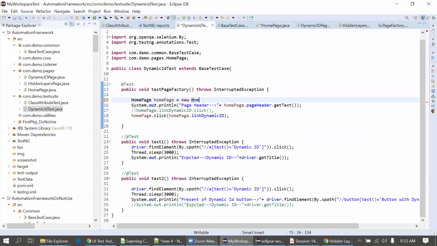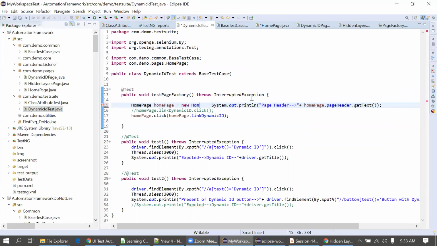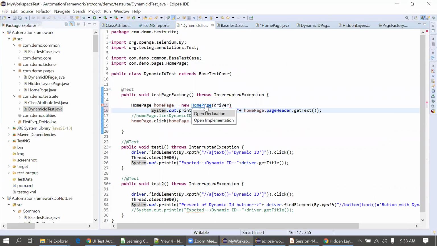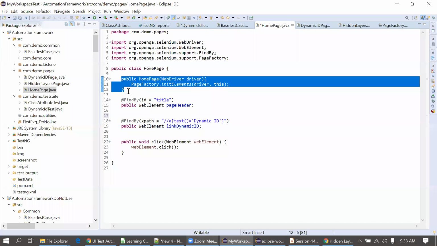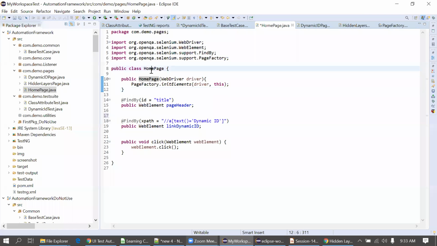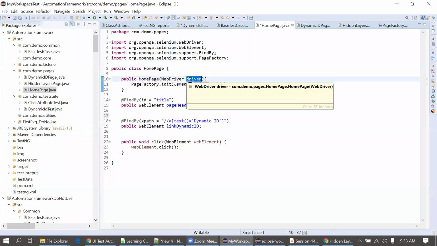execute like this. When I am typing this, I'm just creating the object, and it will directly give the suggestion here. Why? Because we have only one constructor here, which is a parameterized constructor. So whenever we are creating an object, it will compulsorily ask to pass the driver here. Otherwise, it will not allow creating the object. So this is the restriction here. We are just restricting the class to provide the driver compulsorily. Then only it will create the object.